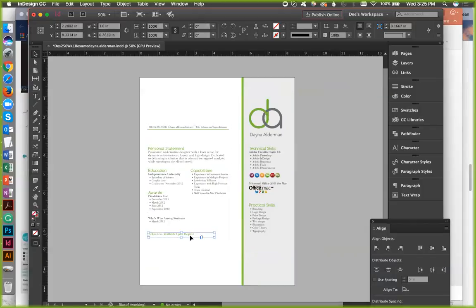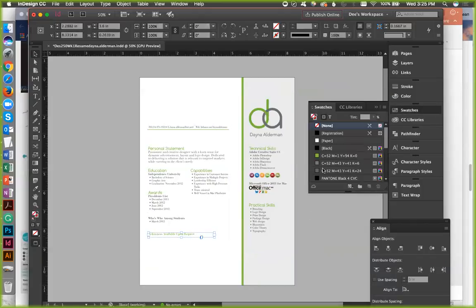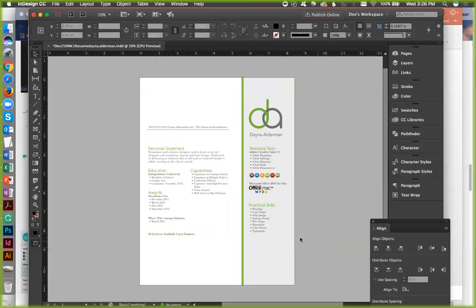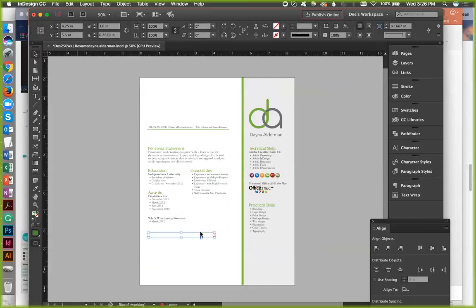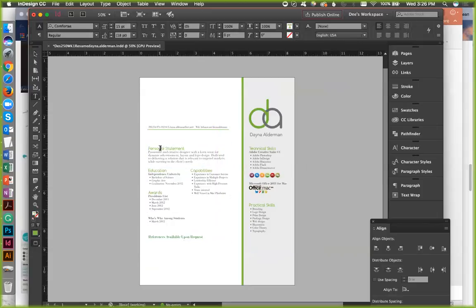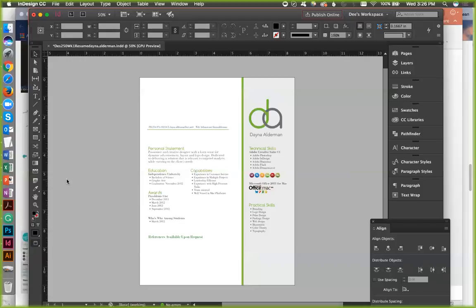Not quite. I think I went a little darker on that green. Is it that one right there? Okay, that one's fine. Should make it a little bit bigger, to be honest with you. This is 11. Let's go. That's good. This is 15. Okay, we're good. So that was a final outcome. I've got these right here, these icons. And then I'm going to see if I can't find other ones as well.